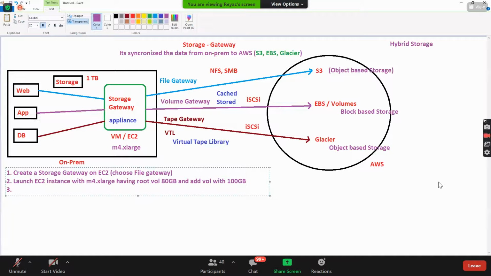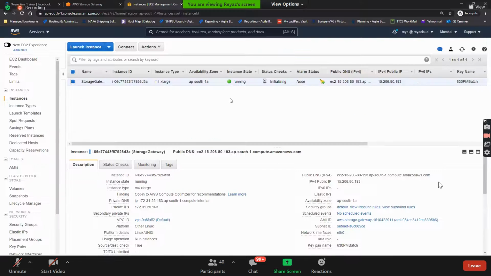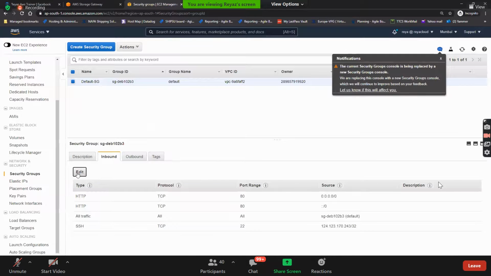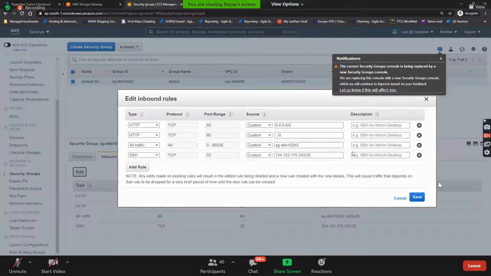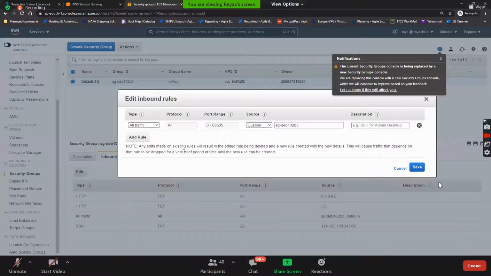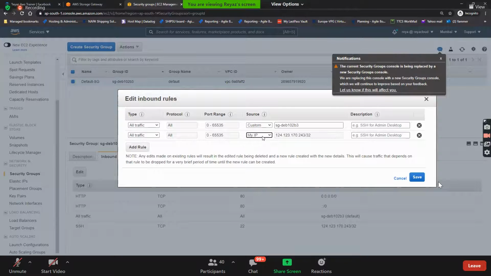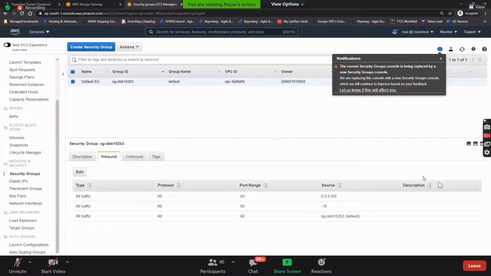Okay, guys. So now let's go to the security groups and then we need to enable the NFS. But for now, I'll enable all traffic, anywhere. Or you can go with the NFS protocol, port 2049.